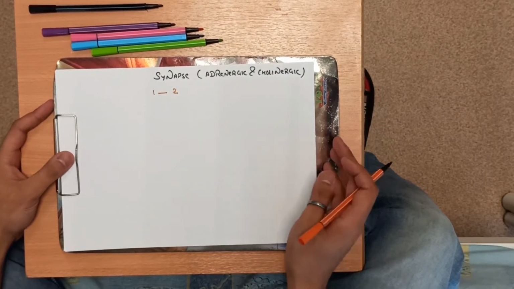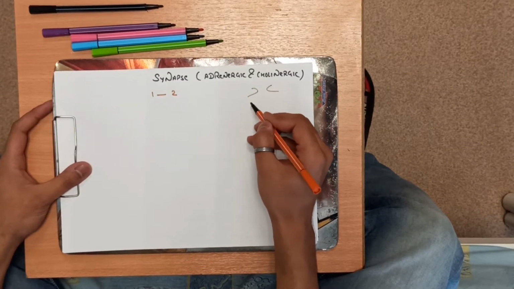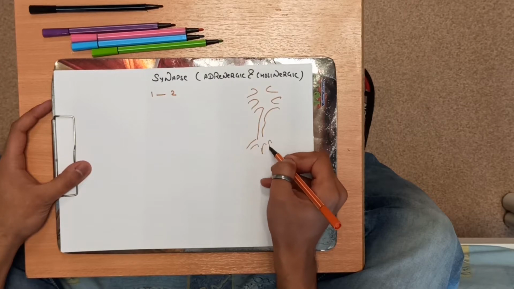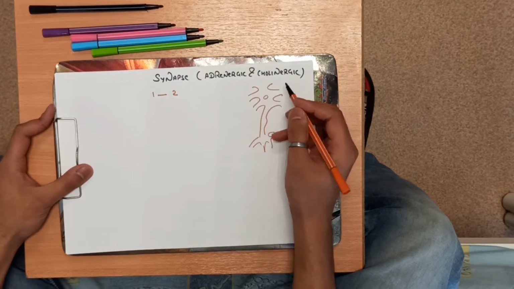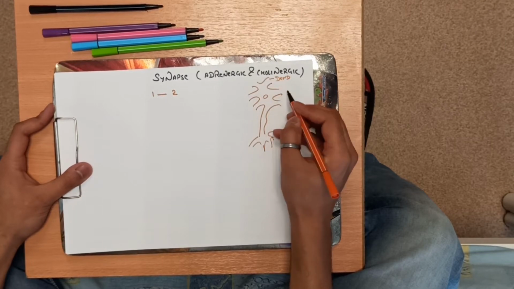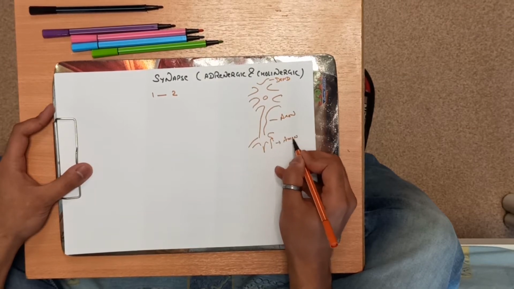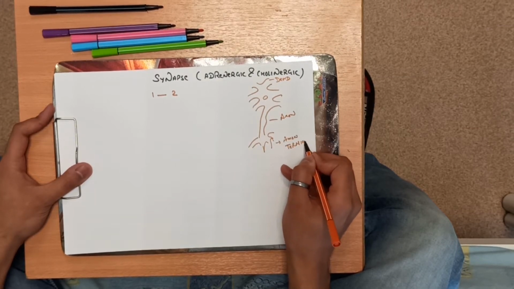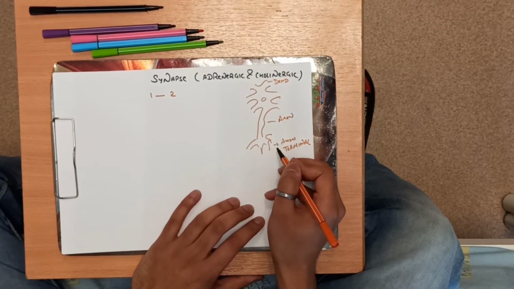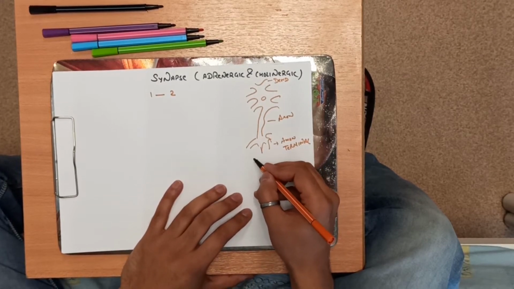As in my previous video about the typical structure of a neuron, I have told you the whole structure of a neuron. So here I'll be making this, a typical structure of a neuron. Nucleus. These are the dendrites. This is the axon, and this is the axon terminal. The synapse is formed mainly between the axon terminal of one neuron and the dendrites of another neuron.